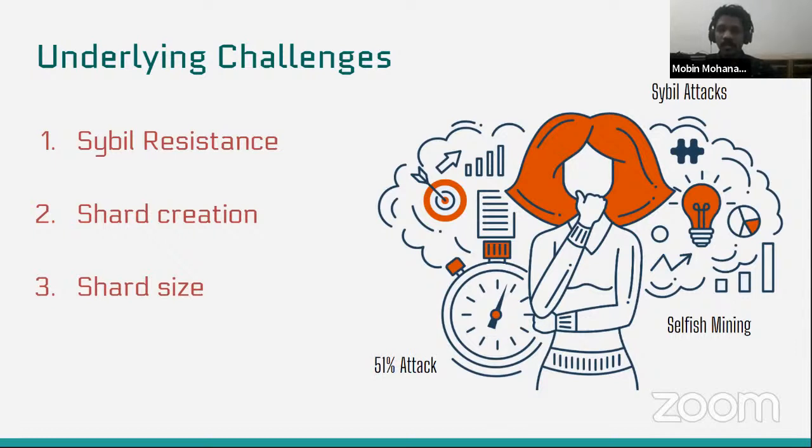So, Sybil resistance. Sybil attacks are a phenomenon faced by all public blockchains, because once the architecture of the blockchain becomes public, everyone can access the blockchain itself. Being a decentralized and public network allows malicious users or nodes to come into the network, to come in contact with the blockchain itself. And these malicious nodes could end up creating multiple pseudonymous identities and taking over the majority in the blockchain, which is not favorable for a public blockchain, because whenever a malicious node takes over the